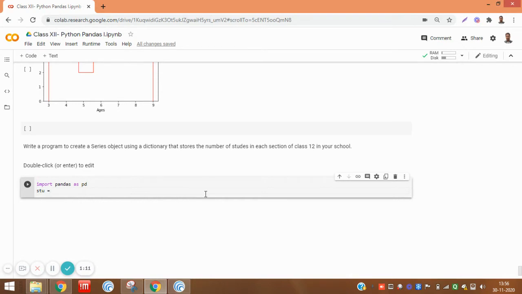So specify the dictionary section-wise for the students: for section A, students are 39; for section B, students are 41; for section C, students are 42.